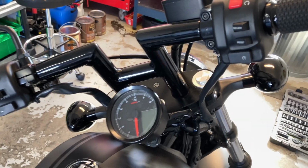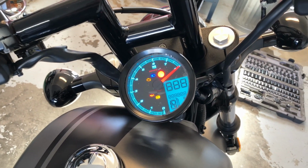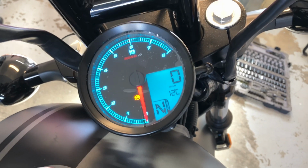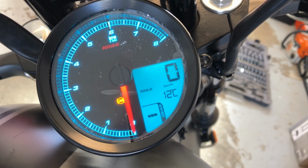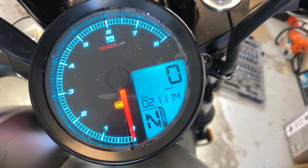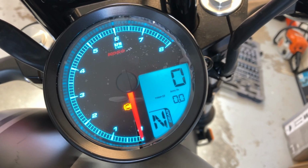All right, she's all done. I programmed it. It's actually really easy. Got the temperature, volt, temperature max, don't really care about that. I actually got my odometer in there. It's also pretty self-explanatory,